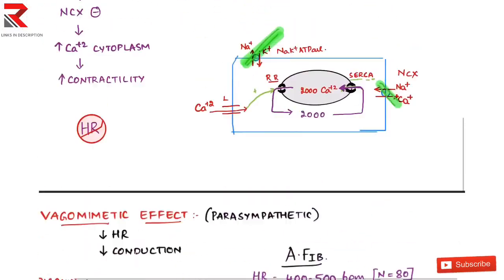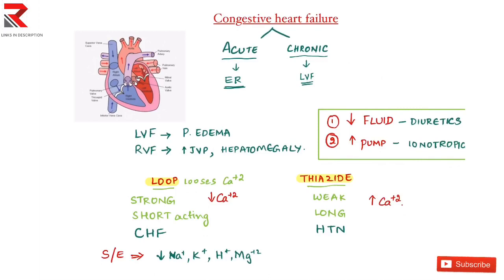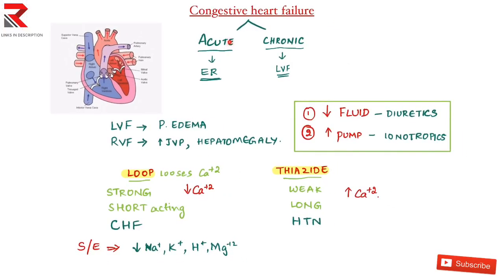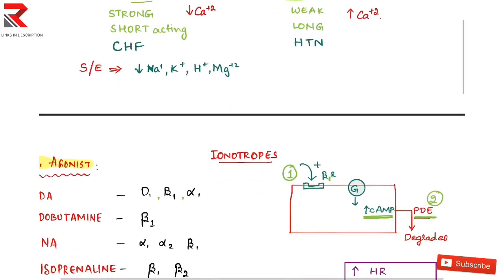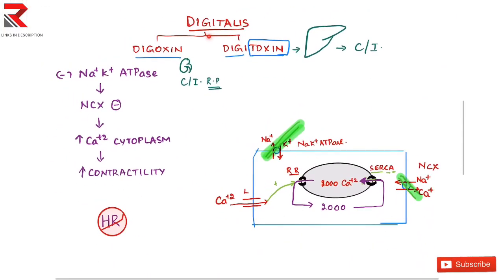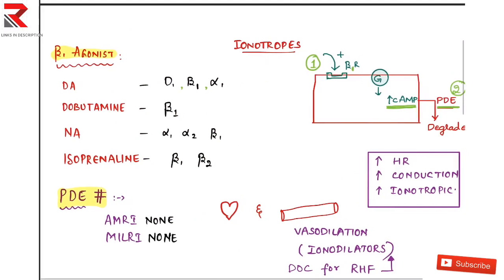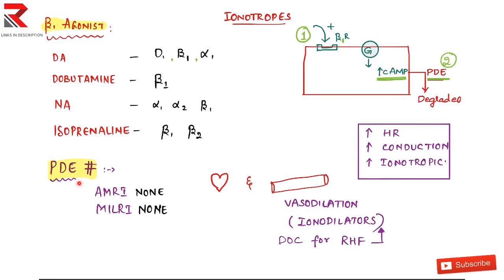Okay, this is all about acute congestive heart failure. And quickly, in 1 minute, I will just make a recap. In the acute variant of congestive heart failure, we have mainly left ventricular problem and right ventricular problem. If we have excess fluid, we use diuretics, the loop and the thiazide diuretics. And we also use three main inotropic drugs: beta-1 agonists, phosphodiesterase inhibitors, and the digitalis group of drugs. In the beta-1 we have mainly four types which we have already discussed, and the phosphodiesterase enzyme is your enemy, so you have to kill your enemy.